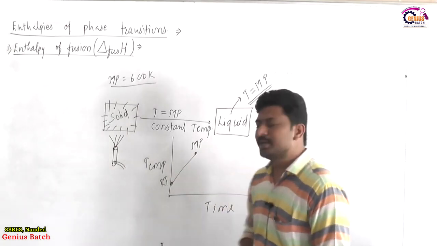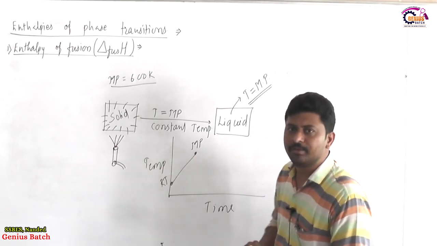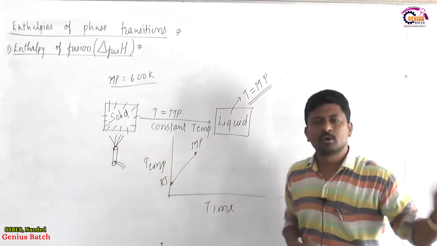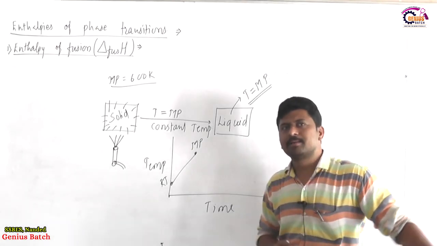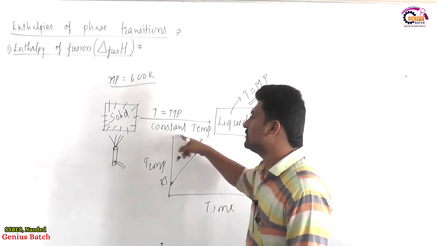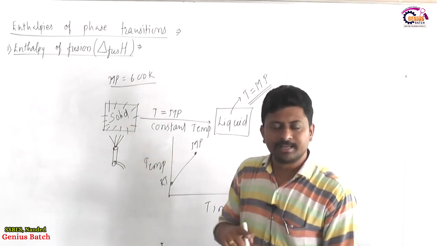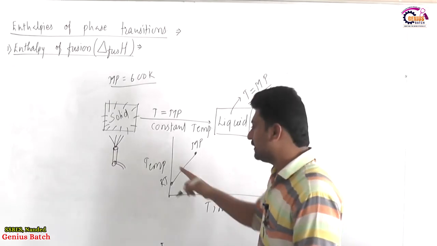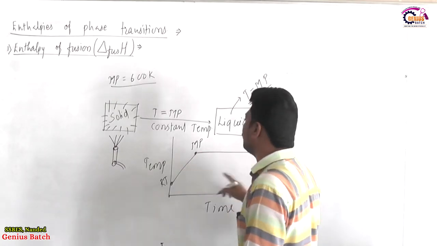From room temperature to melting point, temperature gradually increased with the absorption of heat, but beyond melting point, temperature remained constant, and whatever heat is given, that is utilized to break the intermolecular forces, and that break in intermolecular forces is responsible for its physical